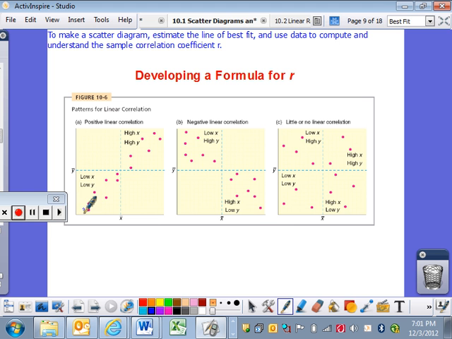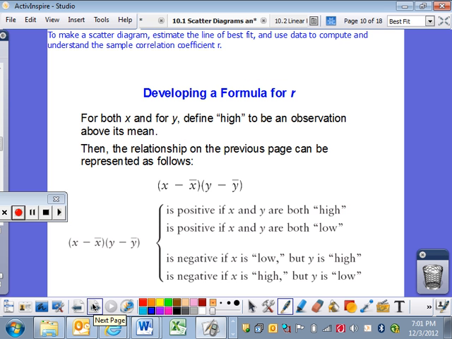Basically the idea is this: you're going to have a positive correlation when X and Y are both low or X and Y are both high. If one is low and one is high, then it's negative, and if they're kind of all over the place, that happens as well. Developing this formula, how this works in a quick snapshot is you find the average of your X values,